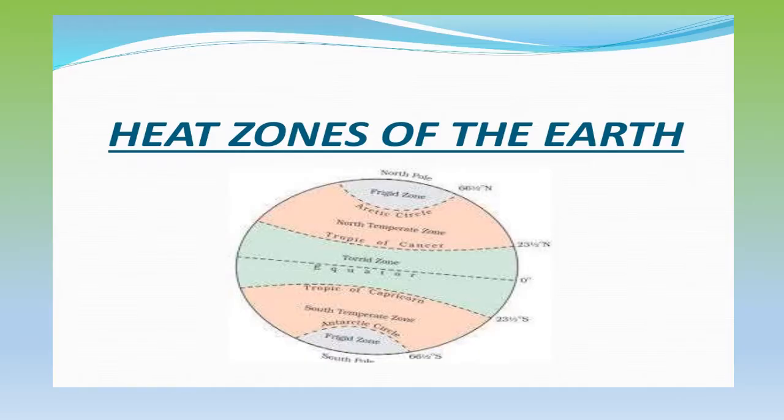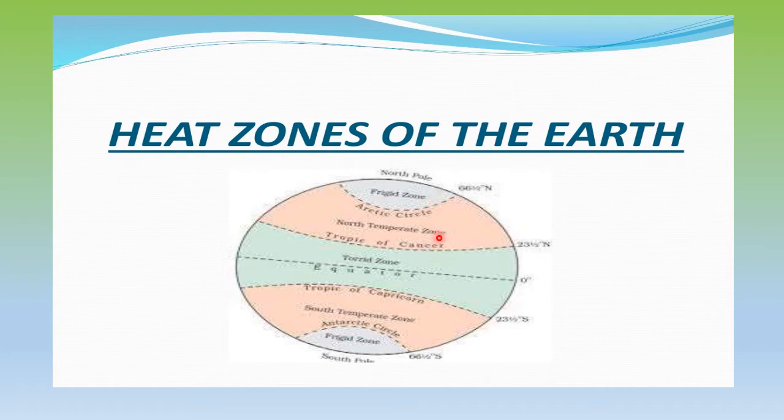Now we'll understand how to locate different heat zones. You now know that writing N and S is important, and this will help us locate different heat zones on the earth. This is your 0 degree equator, where we do not write N or S. This latitude divides your earth into the northern hemisphere, above the equator, and below the equator is your southern hemisphere. Now this is your Tropic of Cancer, which is labeled 23.5 degree north. Again, Tropic of Capricorn is 23.5 degree south.